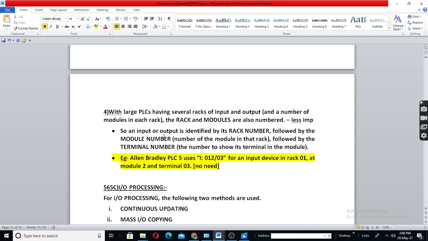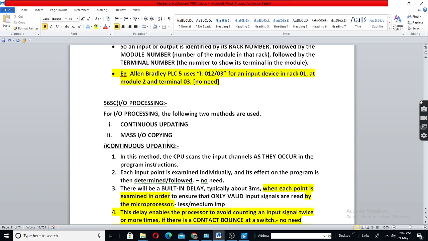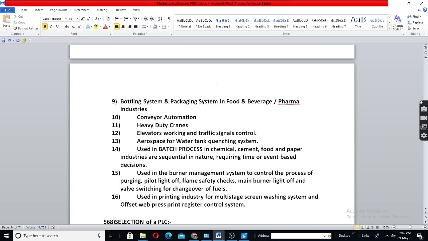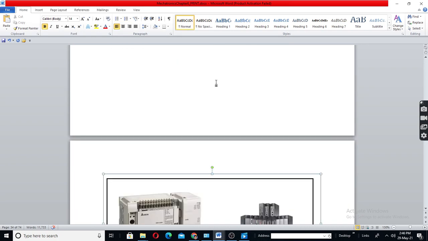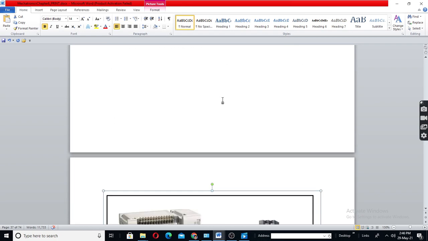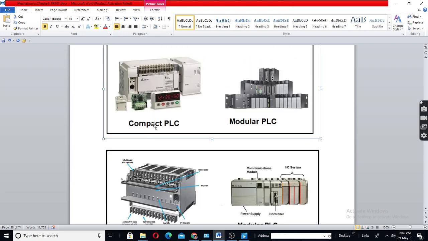And for big systems, for large systems, you can see here, different types of PLCs are there. This is a compact PLC where power supply, memory, CPU, and input output, everything is in a small unit.